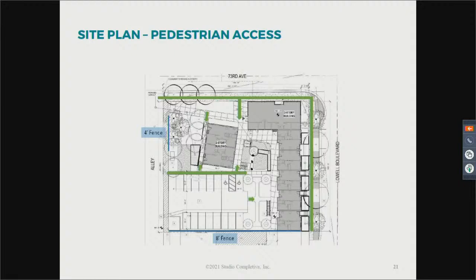And with that, the city will continue to monitor what's happening in the alley. And if there's additional degradation of the alley, we will start to put this onto our roadway rehab.